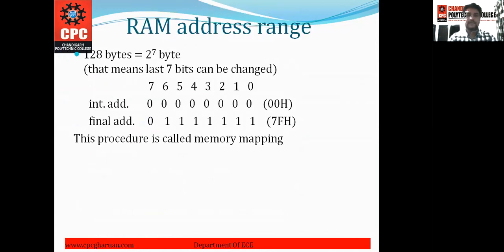Now next is RAM address range. As we know, RAM is of size 128 bytes. 128 bytes means 2 raised to power 7 bytes. That means the last 7 bits can be changed.